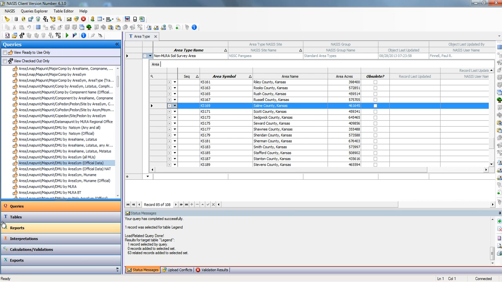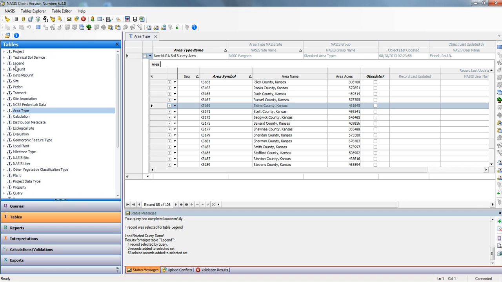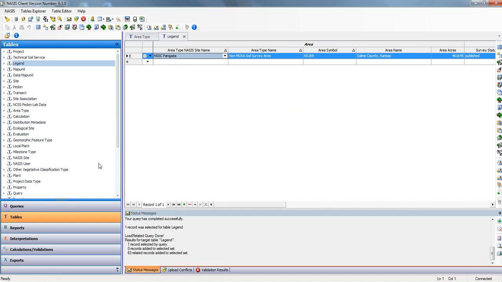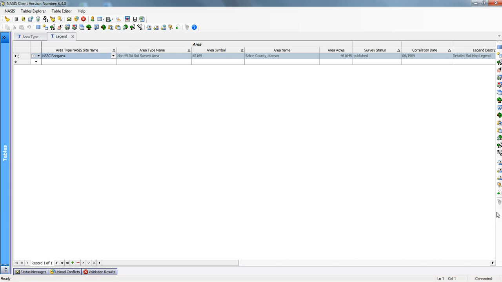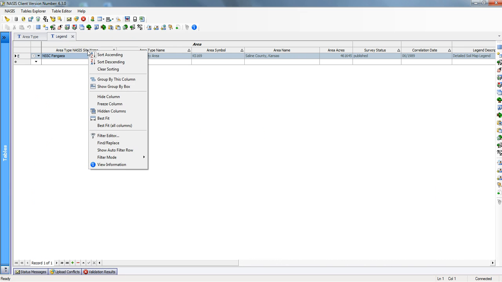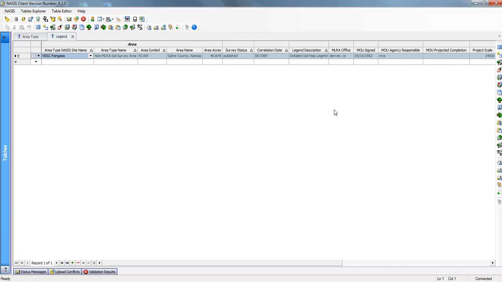Now I can come over here to the tables, and I can double click on legend, and here is that particular legend. I'm going to minimize my Explorer panel. I'm going to minimize my status messages panel. I'm going to do a right click. I'm going to do a best fit all columns, and now you're going to see the information that's contained within